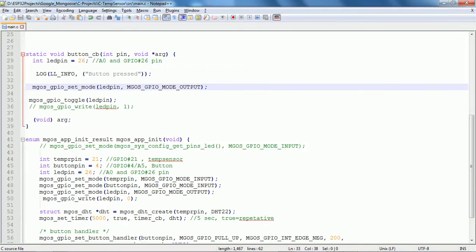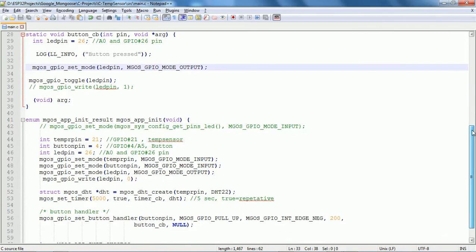Whatever the state of the LED, it will toggle, that means it becomes either 0 or 1. There are other methods like mgos GPIO write and read, so you can read and then toggle accordingly, or write either 0 or 1, but instead of that we can directly use toggle.